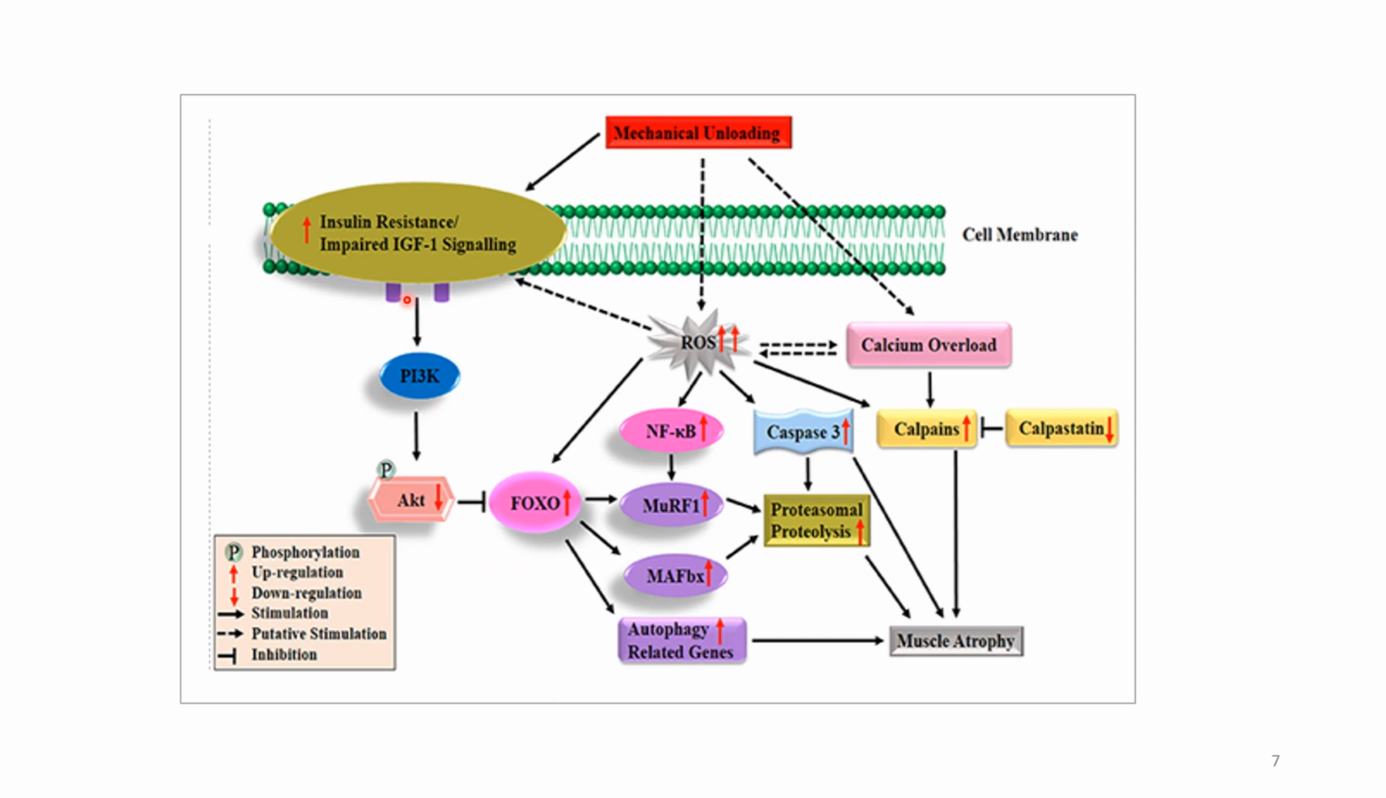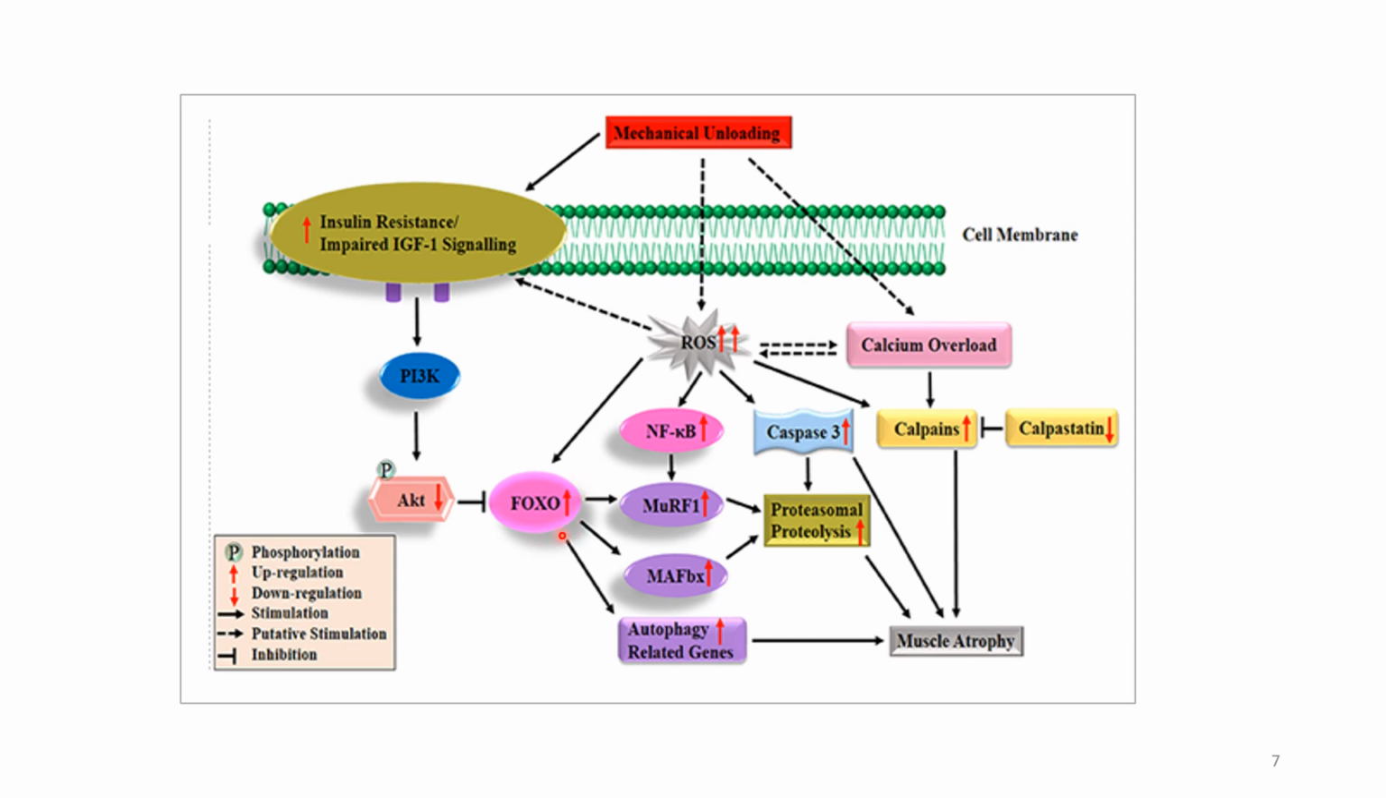And this impaired IGF-1 signaling, that is impaired signaling that is causing insulin resistance, is leading to formation of PI3K protein. This will phosphorylate the AKT protein and it decreases the activity of the AKT protein. Normally, this AKT protein will inhibit the FOXO protein. Now, this FOXO protein is not inhibited, and the